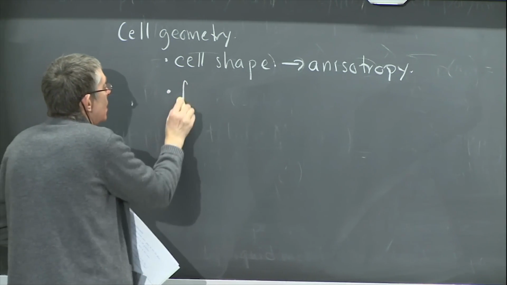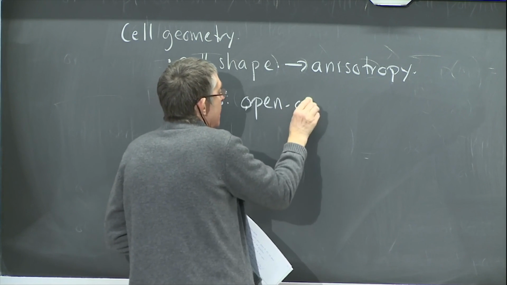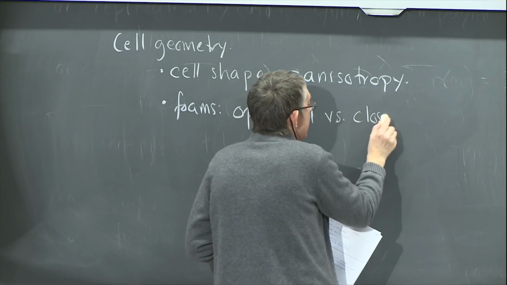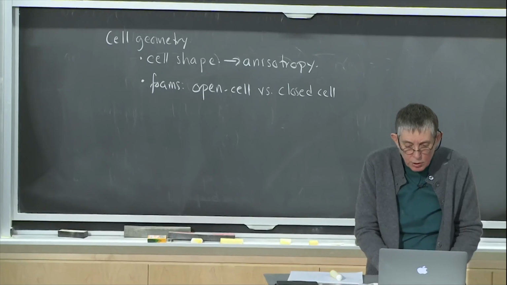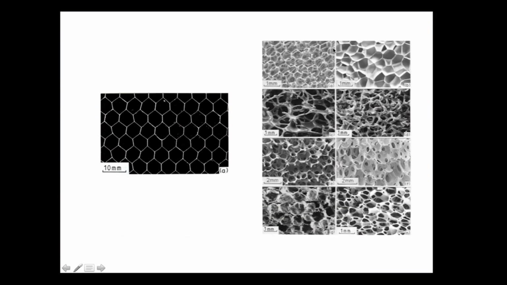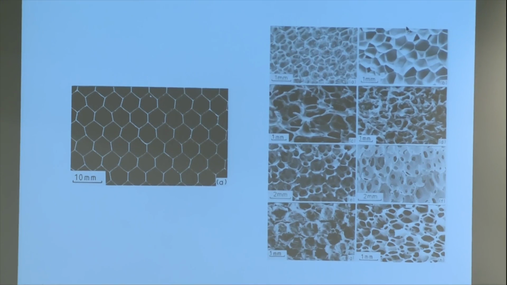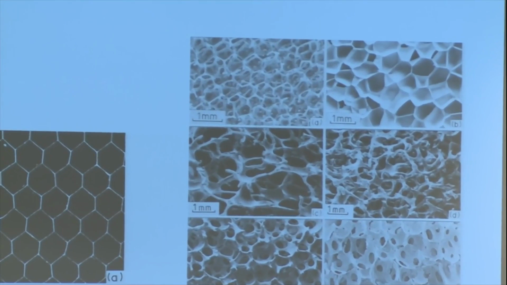For the foams, you can also have what we call open-celled and closed-celled foams. So if you look at this slide here, and we look at this top right images, these two up here, the one on the left in the top is an open-celled foam. There's just material in the edges. There's no faces. And so a gas can flow between one cell and another. And then if you look at the one on the right, this is a closed-celled foam. There's faces. If you think of the polyhedra, you've got solid faces covering the faces of the polyhedra.